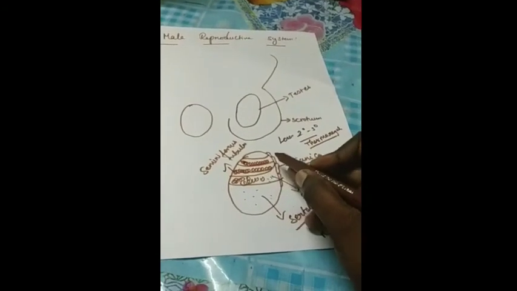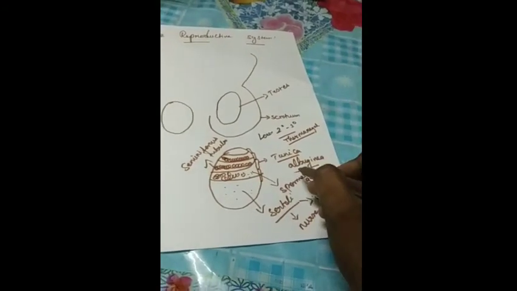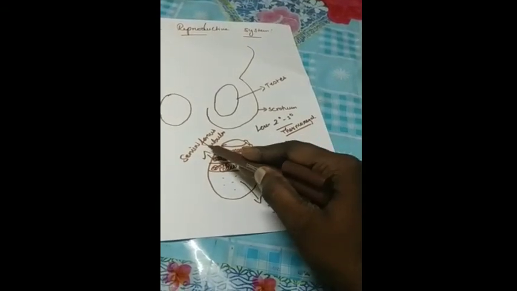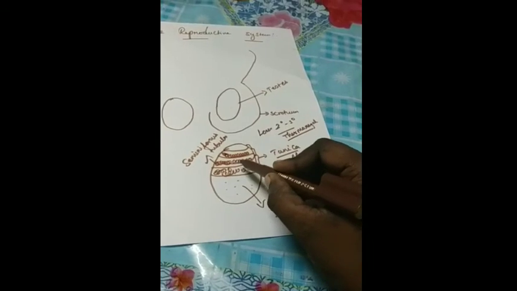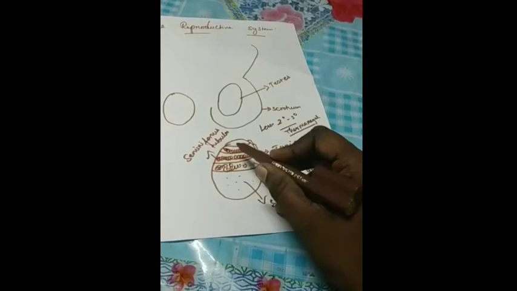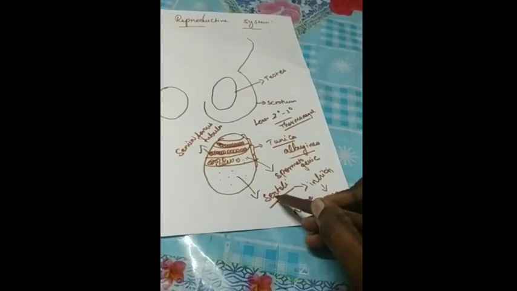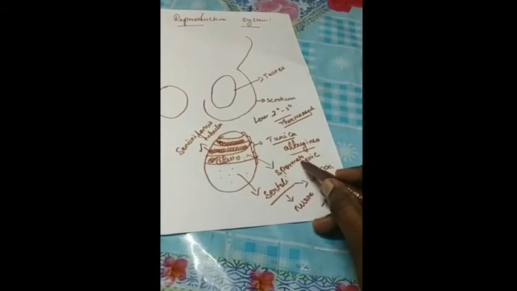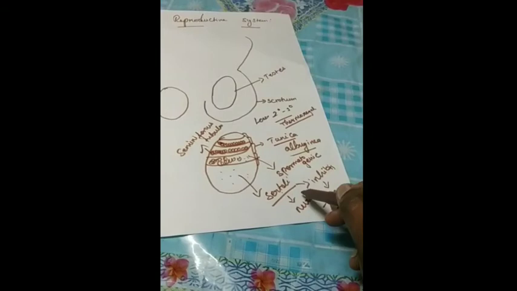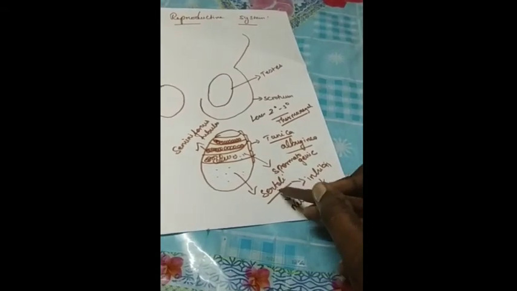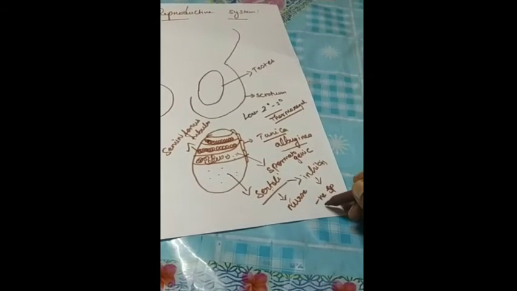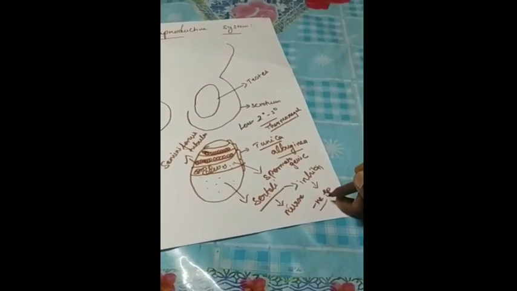Let me repeat. The outside of the testis is called the tunica albuginea, and inside are the seminiferous tubules, which are 2 to 3 lobed, coiled structures. What are the two types of cells present inside the seminiferous tubules? One is the Sertoli cells, another is the spermatogenic cells. The Sertoli cells provide nourishment to the sperm cells and secrete the inhibin hormone. The role of inhibin is the negative feedback mechanism of spermatogenesis.